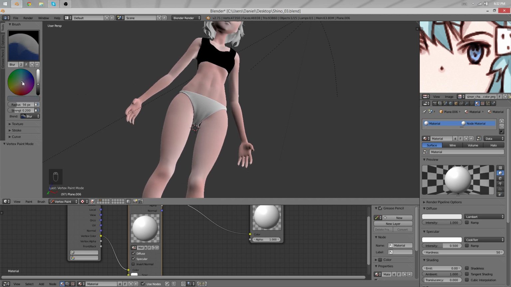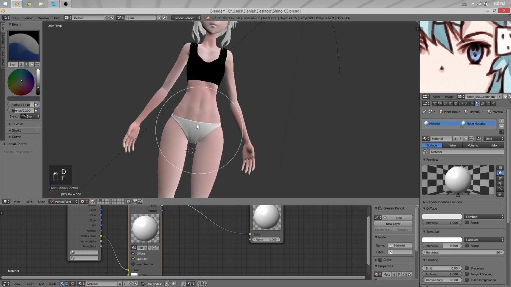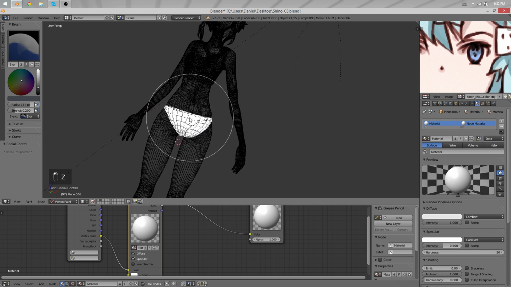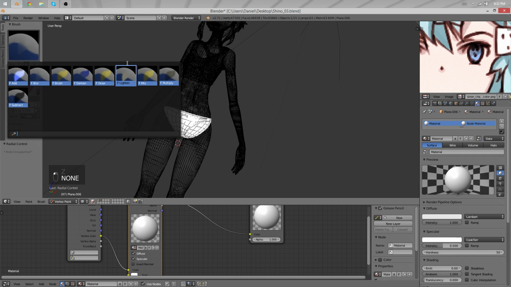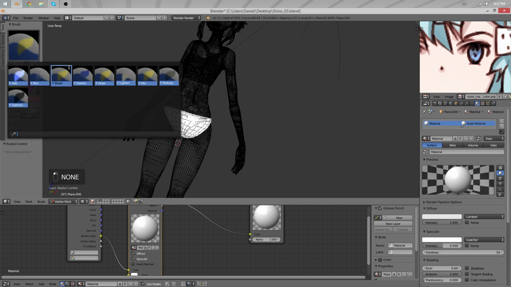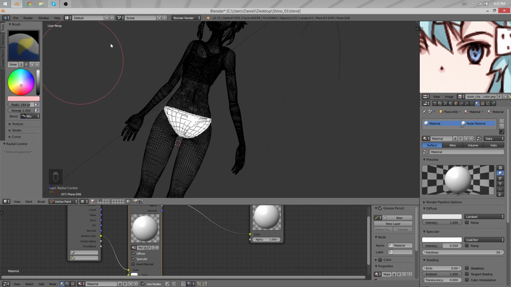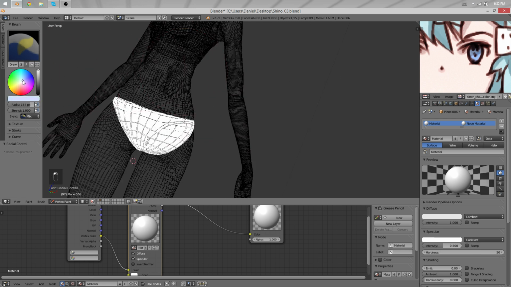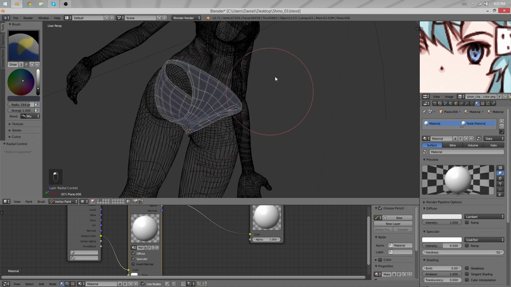It's maybe a little bit bluish, and we'll start to paint on it. And for some reason it doesn't work. Oh yeah, we have the blur brush, so we need the mix or draw brush. I wonder what the difference is. Let me give the draw brush a try. I think they're pretty much the same. Well, they draw, so